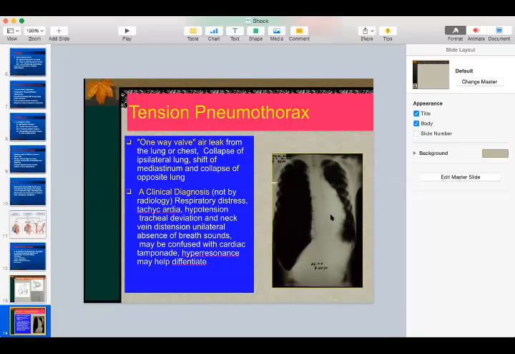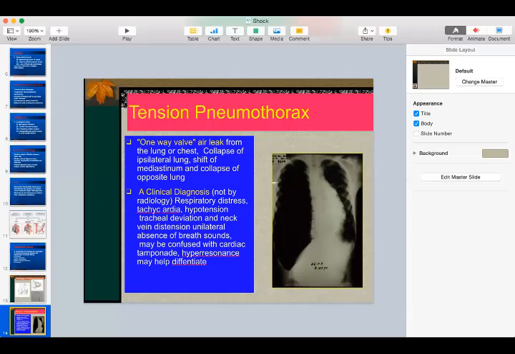So unilateral absence of breath sounds will be in which lung? Looking at this X-ray, it will be in the right lung, this side. There will be unilateral absence of breath sounds when you're auscultating, but there will be hyperresonance, right? On percussion, there will be hyperresonance. Why? Because there's an air buildup inside this side. So yeah, there you have it.